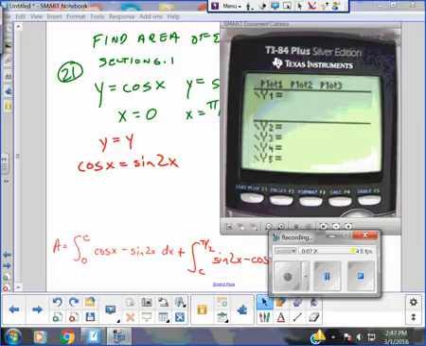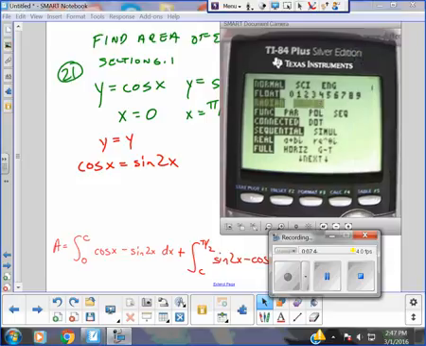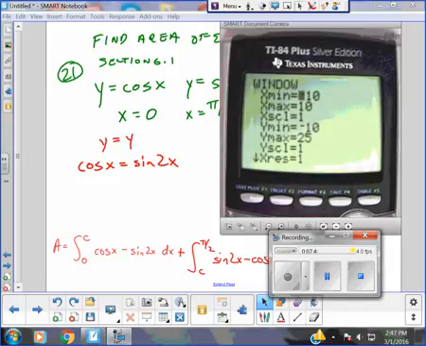All right, so I think the easiest way is to put in the functions. Cosine x, right? The other curve was sine 2x. You have to be in radians, so I go to the mode. And, of course, my calculator's in degrees, so I put it in radians. I go to window. I don't want to go to 10. I'm going to go 0 to 3 on x, right? Because that'll be like 0 to pi. And I know that it goes from -1 to 1. So I don't need to go any further than that, I don't think. I can come back and change it. If I hit graph,